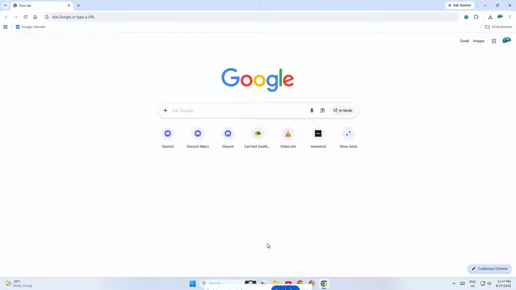In today's video, I'm going to show you how to use Google Chrome Incognito mode, what it actually does, and how to close it properly when you're finished. Incognito is a super useful feature when you want a more private browsing session. Whether you're checking something on a shared computer, signing into a second account, or simply browsing without saving your local